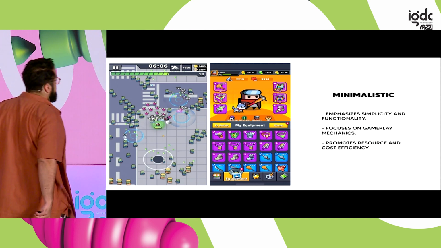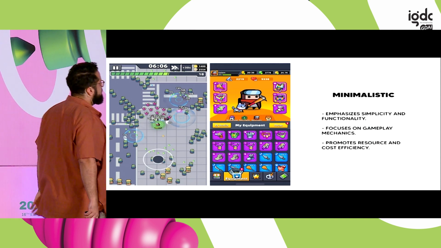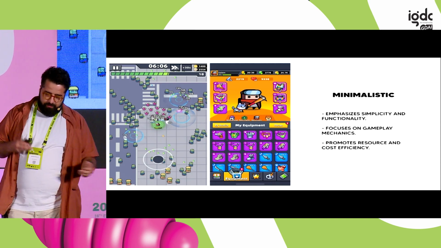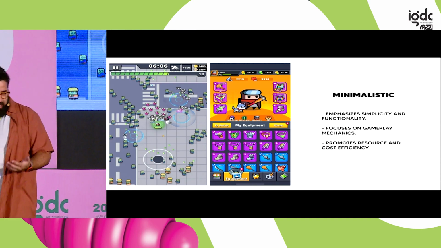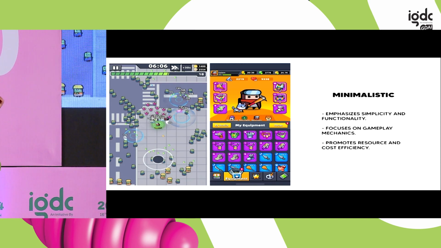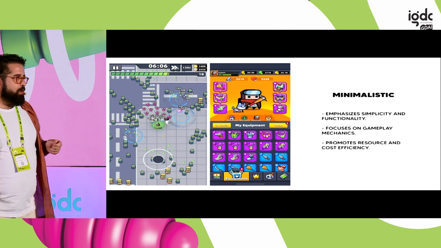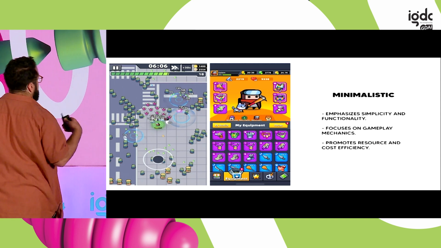So let's start with minimalistic. Oh my goodness. So some key points, okay? There are a bunch of others, but this kind of approach emphasizes the simplicity and the functionality. So when we talked about this kind of style,